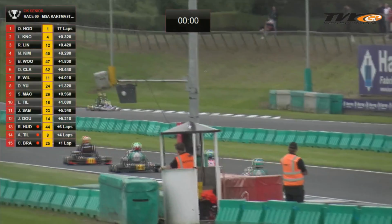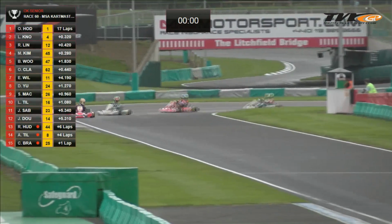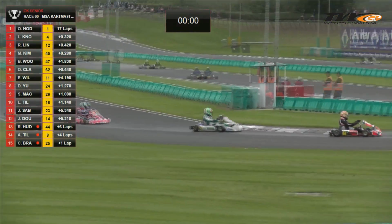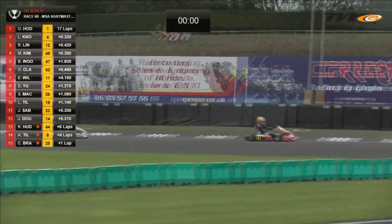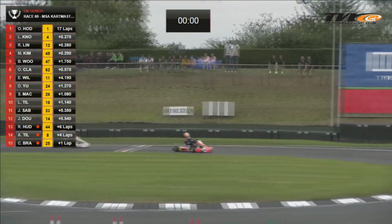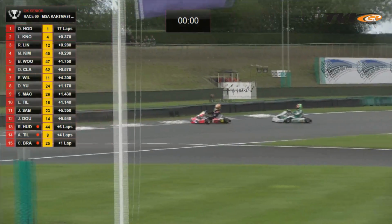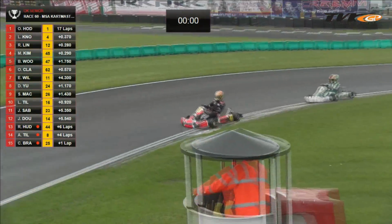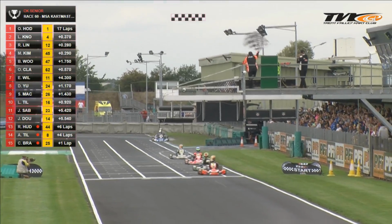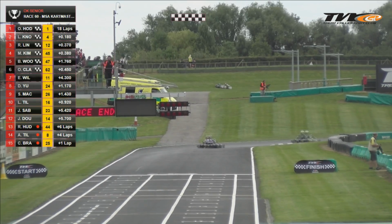Hodgson checks again. Well, that shows that he is not completely certain yet. He checks again over his shoulder. Into the Fullerton S's. On to the back straight. Now into the Bobby Game corner. Luke Knott may have to settle for second. Lint is third. Kimber is fourth. Out of the left-hander through the final chicane, and Oliver Hodgson takes and defends his title in OK Senior, and